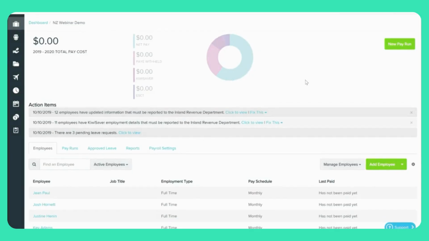Moving over to Payday Filing, the new and departing employee details reporting, you will need to provide new and departing employee details to the Inland Revenue. These details need to be submitted on or before any new employee's first payday. As shown before in the webinar, I had the Payday Filing method option to connect to the IRD gateway services within the business IRD settings. To start reporting your new or departing employees, go to Reports,